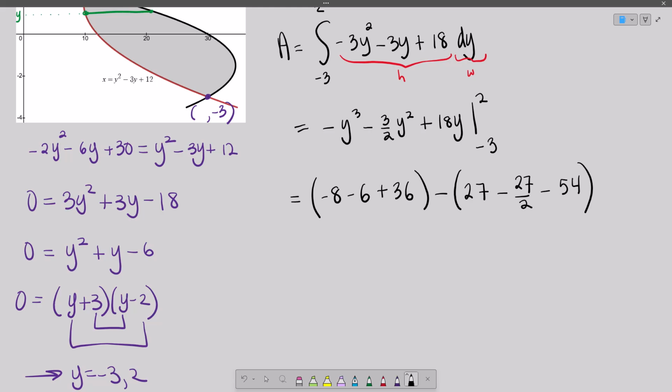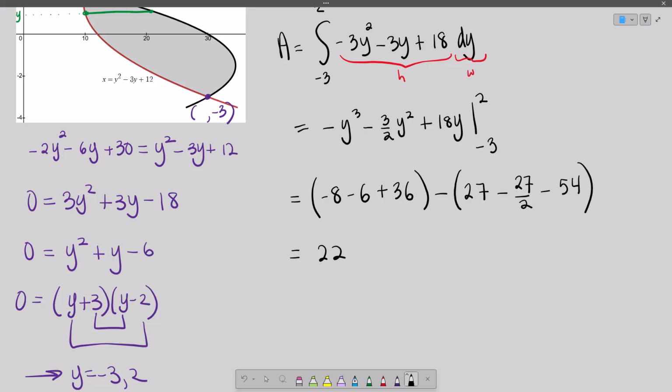End up with something that looks like that before we combine all the individual constants. So I tried to call it out a little bit more explicitly here. This is the upper evaluation, this is the lower evaluation, and then we have the subtraction in the middle, which is going to have to distribute. I wanted to call it out this way because when you plug in a negative here, it gets a little confusing because there's a negative there, a negative there, and a negative there. So whatever you have to do to keep your minuses from exploding into something they shouldn't explode into. So then we end up with 22. And then